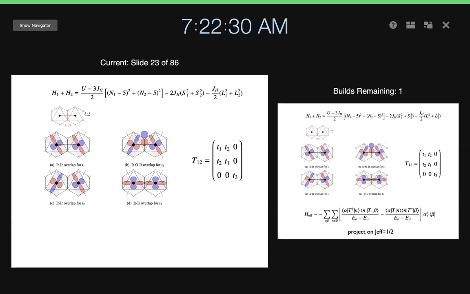Let me see if I can move it down somewhere here for the audience in the room. So here's my multi-orbital on-site interaction. I have Coulomb interaction and the Hund's coupling here, which is going to generate the S sphere as well as L sphere. So this is a multi-orbital Kanamori interaction, where we have ignored the eg orbitals in this picture. And then what we have to do is connect the two sites, and that connection is through the hopping parameters. And there are three kinds in this honeycomb lattice.